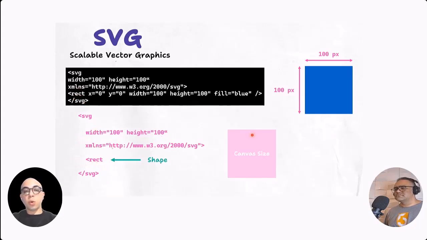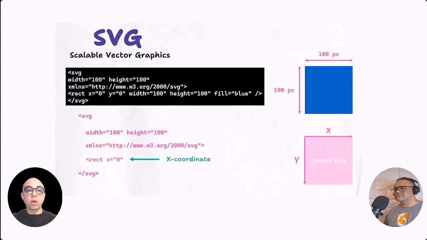So for now, our example is a rectangle. We need to identify where our rectangle will be, the x and y. We need our rectangle to start here, so x is 0. Where do we want to start at y? This is the y-axis, and we want the rectangle to start here, so y is 0. Finally, we identify the width and the height, for our rectangle. We need them to be 100 pixels, so it should fill